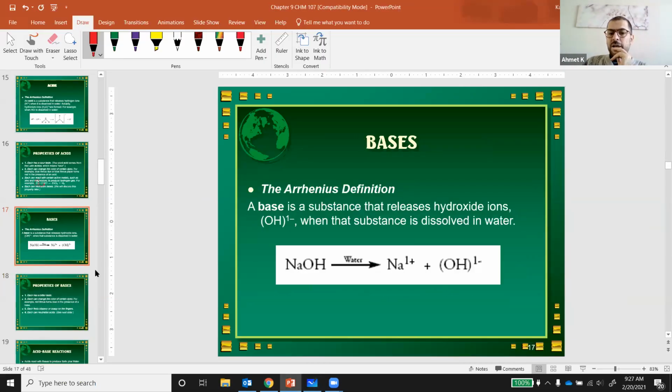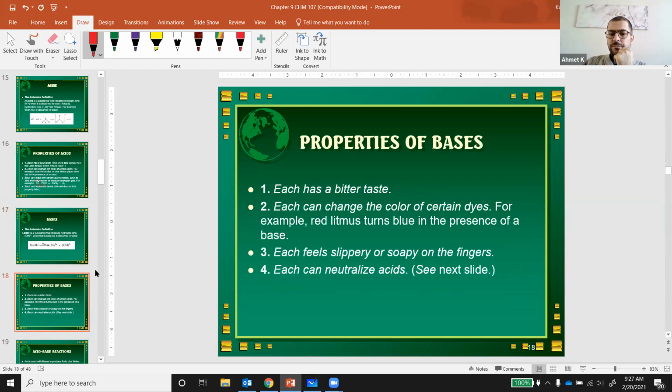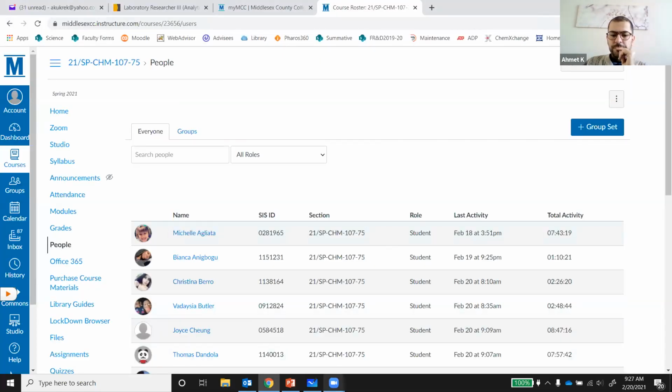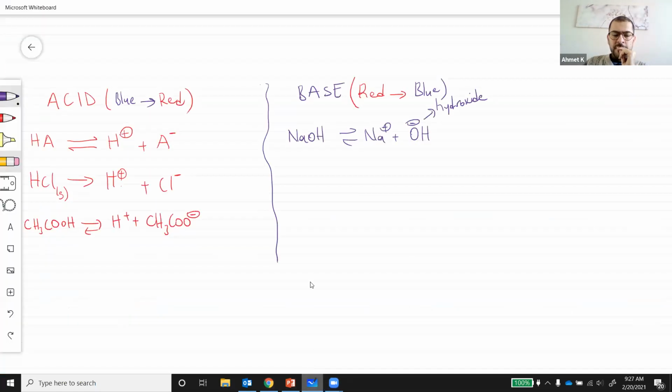Okay, so those are going to be our bases. And again, they can react with the acids so that we can neutralize. Whenever you have an acid and base, they will react with each other, right? So if you have an acid such as HCl, and then you bring this with NaOH,